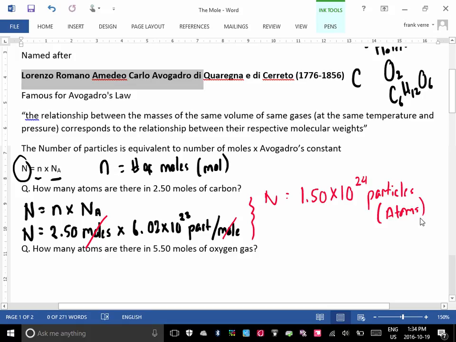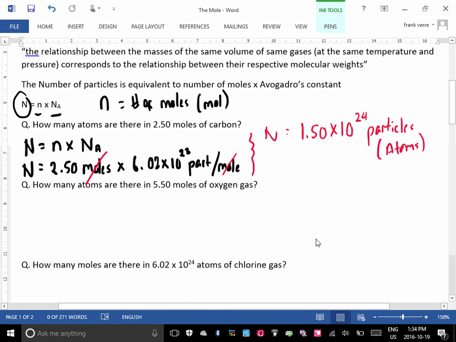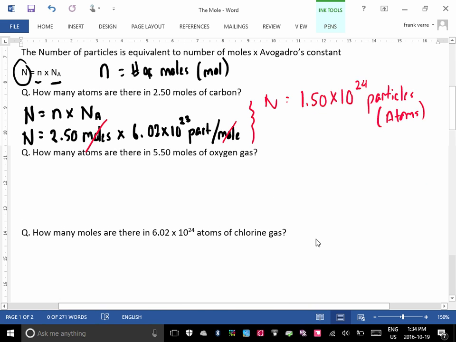Okay. All right. The math itself, honestly, is not very difficult. The math itself is pretty easy, actually. Let's look at another example. How many atoms are in 5.50 moles of oxygen gas? Okay, so let's look at the same formula. N equals 5.50 moles